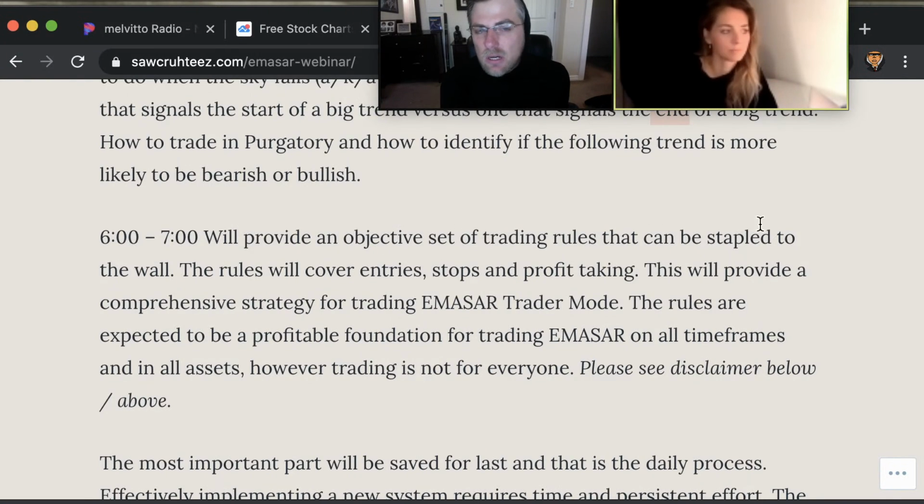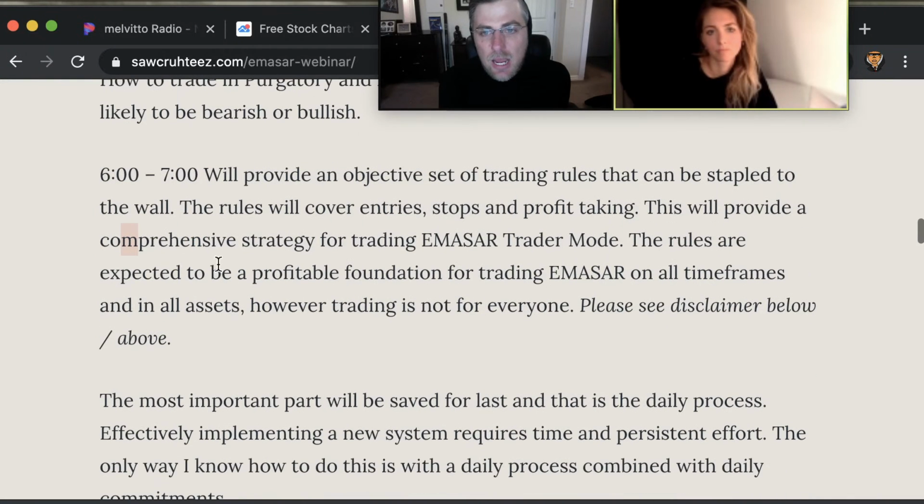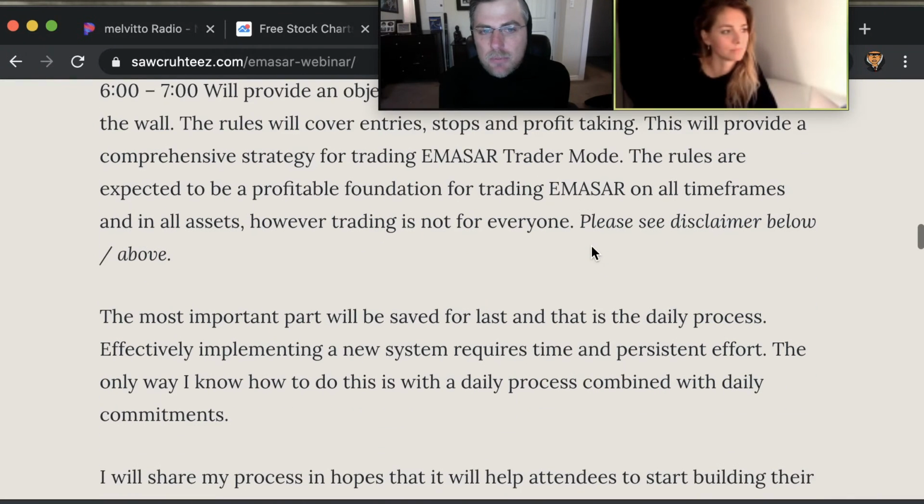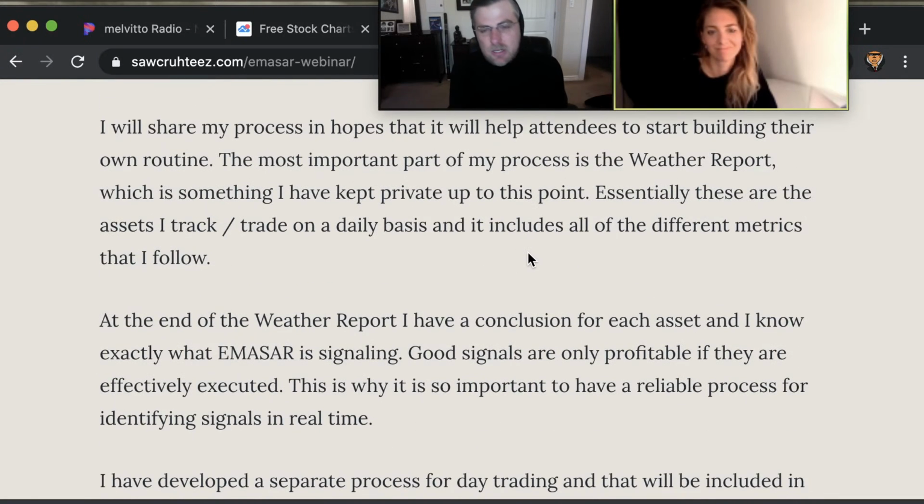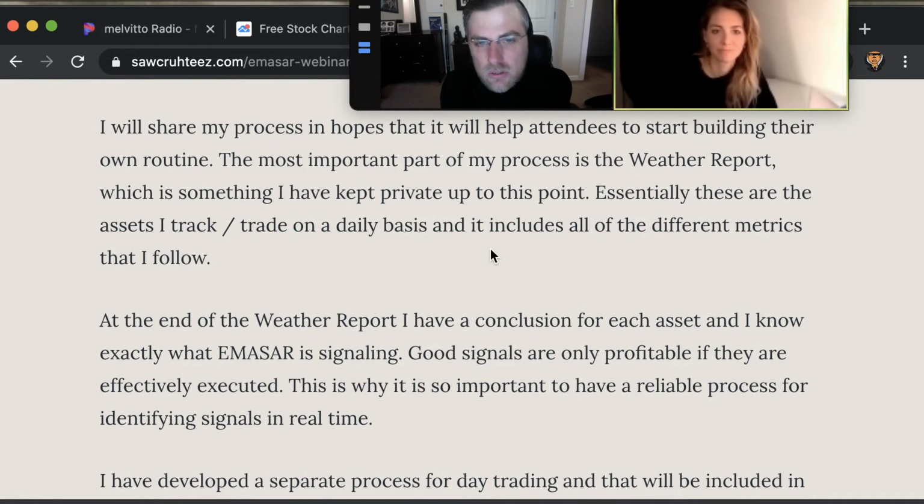that you can be stapling on your wall and knowing exactly what to do at any time, because the rules will be fully comprehensive. And yep, so that will be the first session, and then in between these sessions I'm going to have a separate Telegram group that is going to be a no reply Telegram group where I just am sharing my weather report, which is the daily process that I go through,